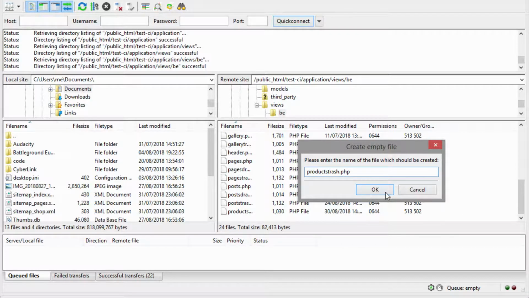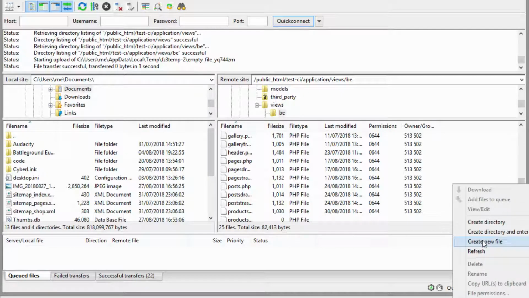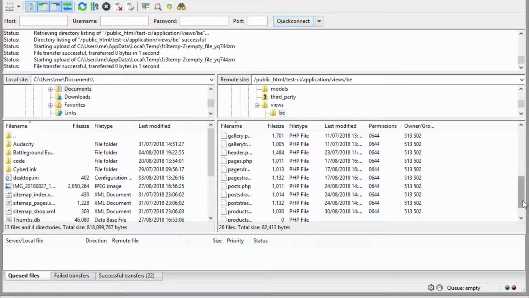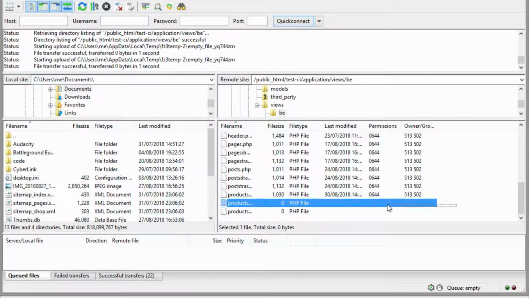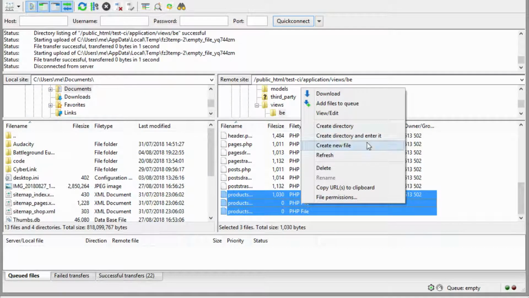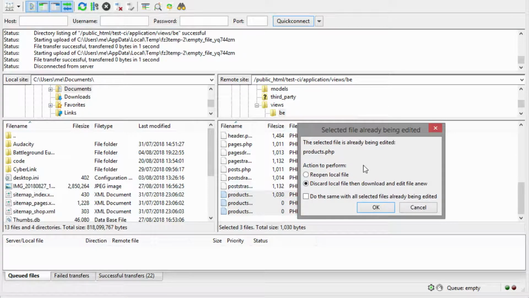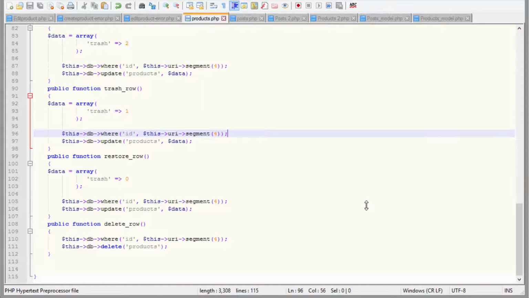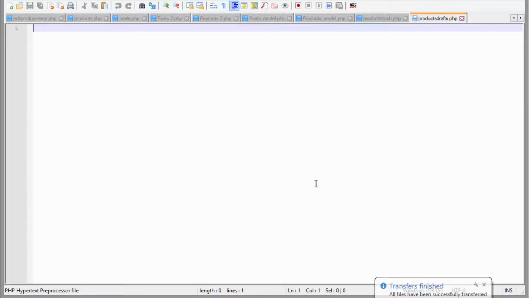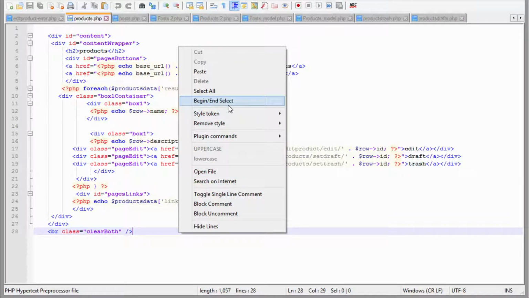productstrash.php and another one, and we'll call that productsdrafts.php. If you open those two files, as well as a products.php, we can use a products.php then to use as a template for our other two pages. If we select all of this and copy it,